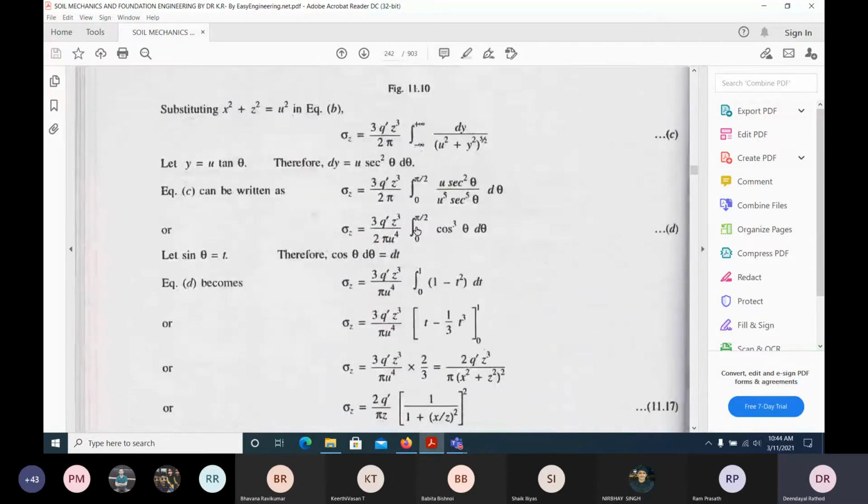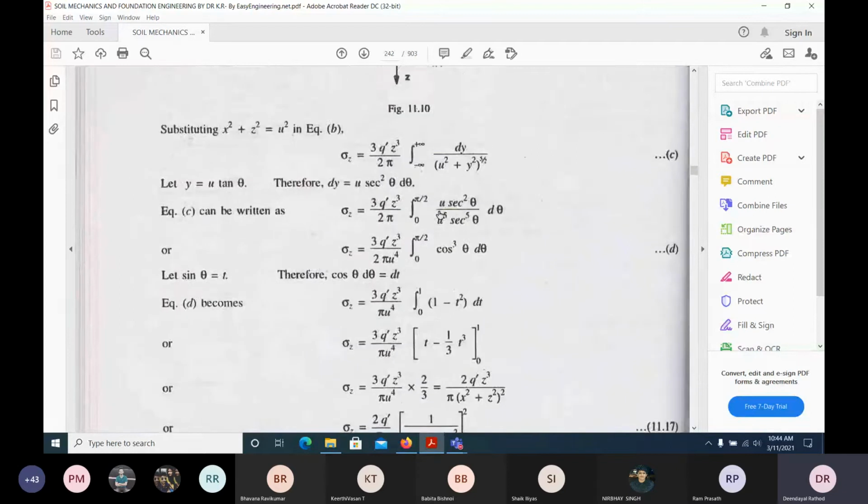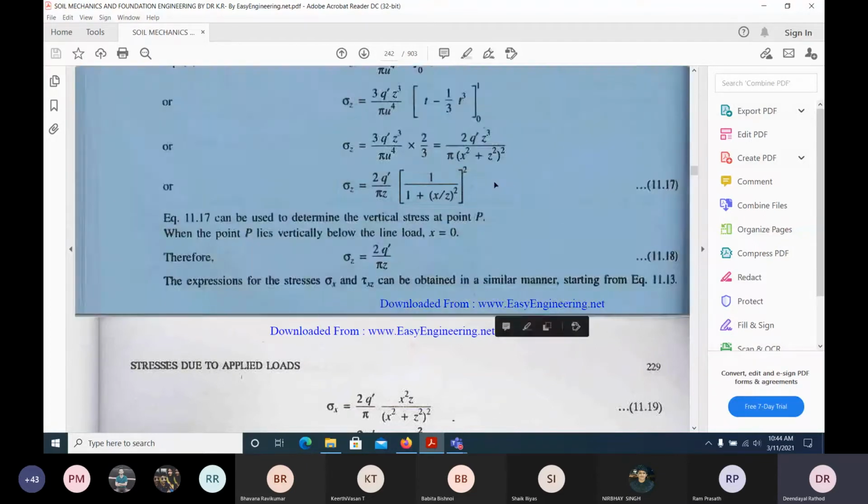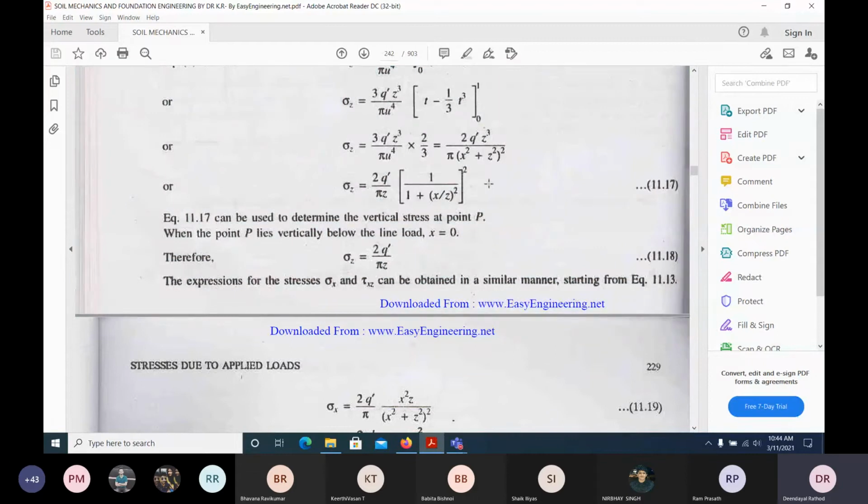If you do it slowly, because these are simple things, you just go through it, and finally you will get these equations. Understand? It is very simple, just an integration only. Since you have cleared JEE Mains and all, it should not be very difficult for you to go through this. It is very easy.